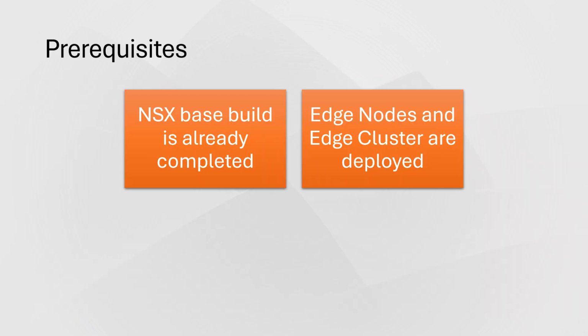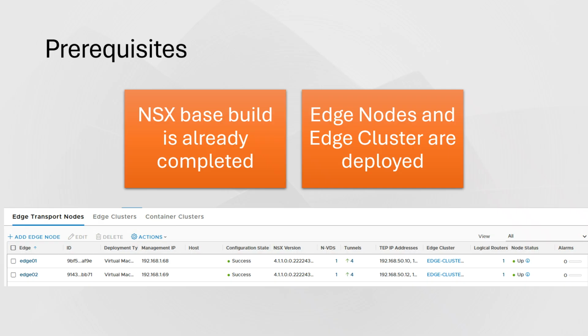Next is edge node and edge cluster are deployed. Okay, this is mandatory because DHCP runs on edge. So I'm just verifying. In the lab, edge nodes are already deployed and edge clusters are already configured as per this screenshot. Next prerequisite,